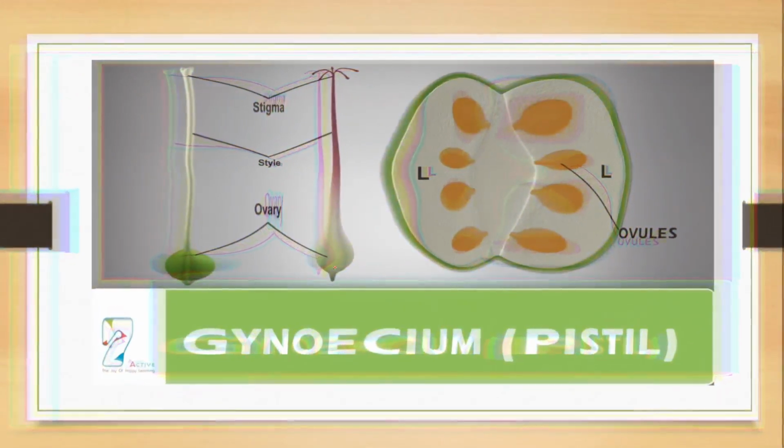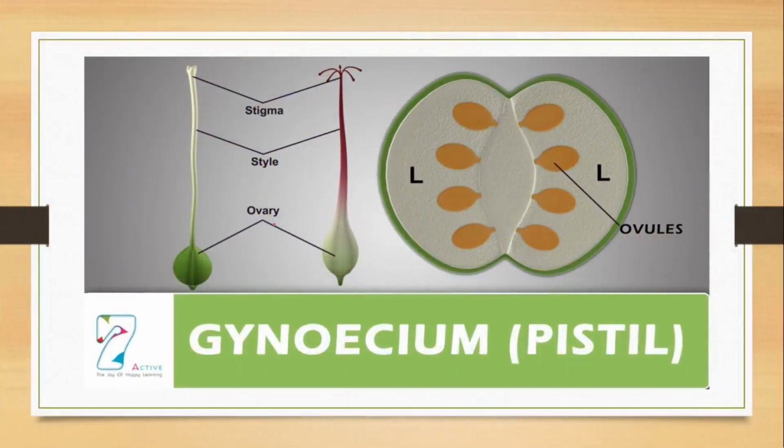This is the gynoecium or pistil, the female reproductive part of the flower. This part has 3 important parts. That is the stigma, which is the receiving part for the pollens. Then this tube-like structure is the style, which will give passage to the developing pollen tube, and the lowermost part is the ovary. This ovary contains the ovule inside it. You can see the ovule is present on the placenta. In the CS, the transverse section, you can see these ovules.